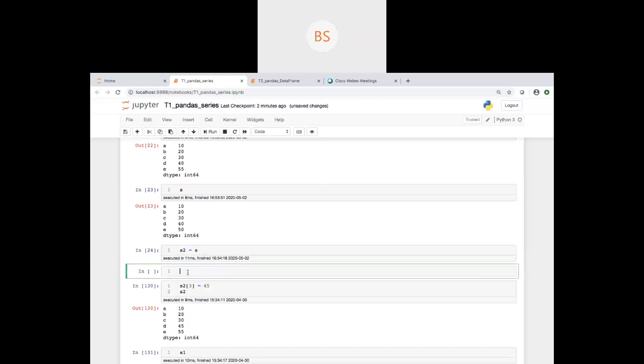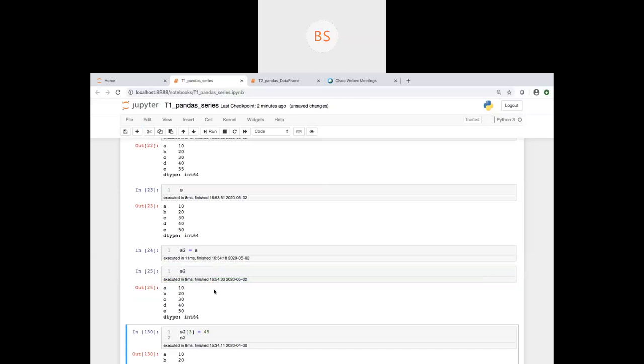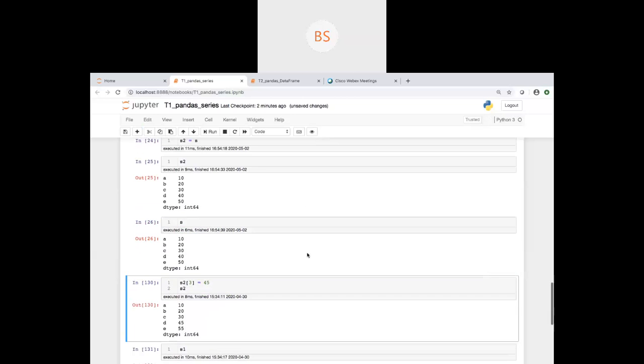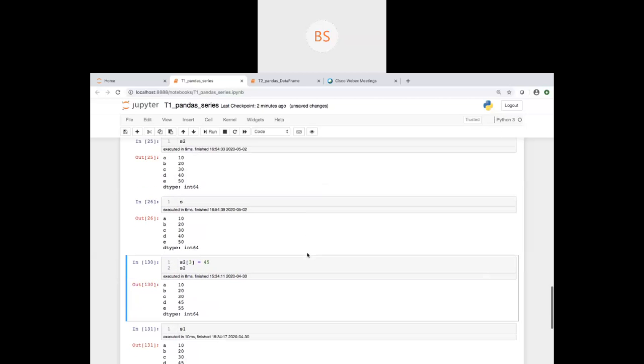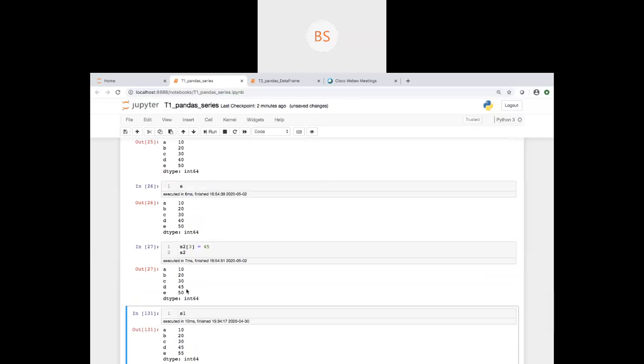So I'll print s2. This is exactly the same. s is also the same. Identical, like in copy, equal assignment is also identical. But if I change some element in s2, I have changed 40 to 45.